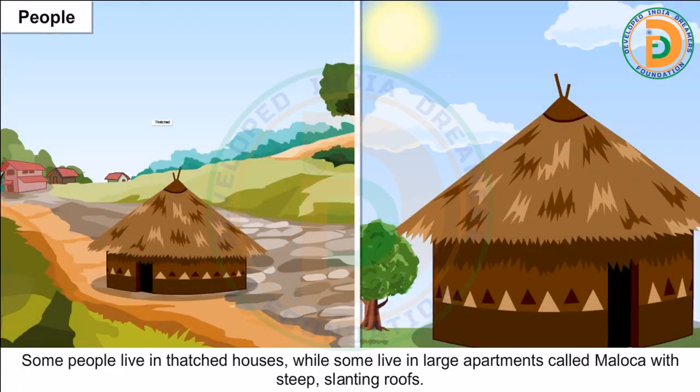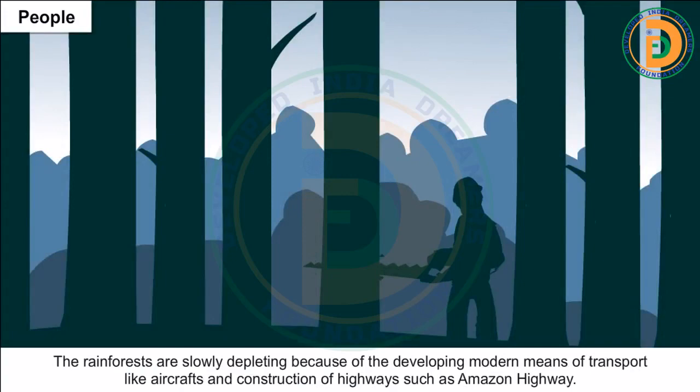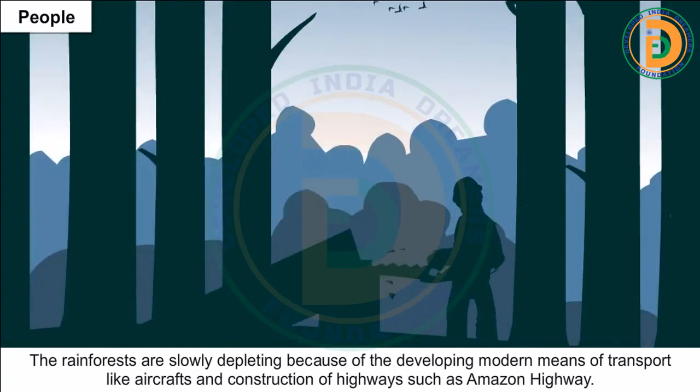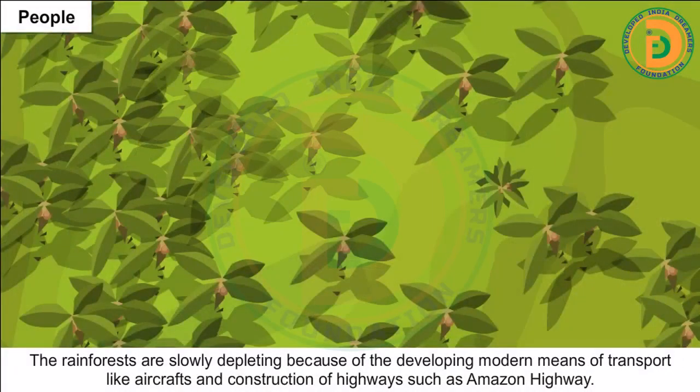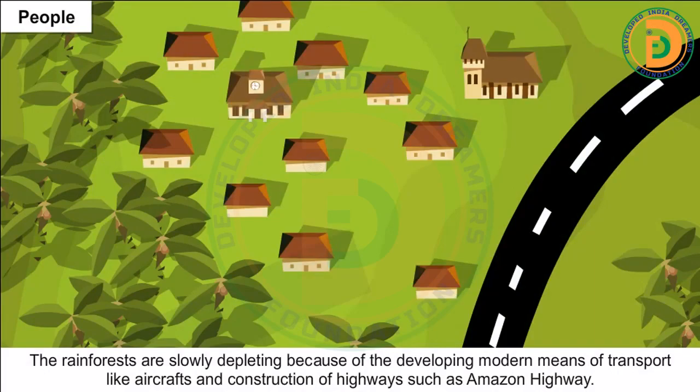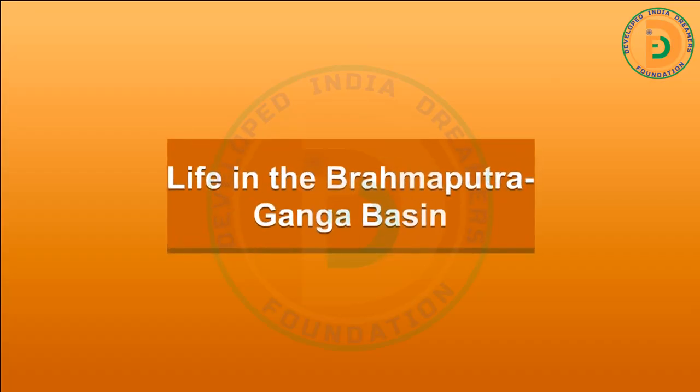Some people live in thatched houses, while some live in large apartments called maloka with steep, slanting roofs. The rainforests are slowly depleting because of the developing modern means of transport like